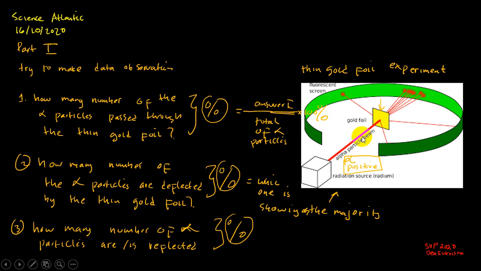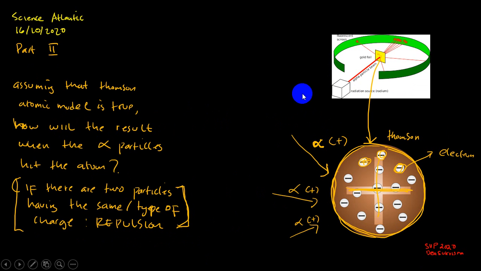So if I were you, I would start to count the total number of alpha particles in here. For example, this one is 1, and then 2, and then 3, 4, 5, 6. Calculate one by one, count it. That's part 1. This is the actual result, and then part 2, this is a hypothetical result.